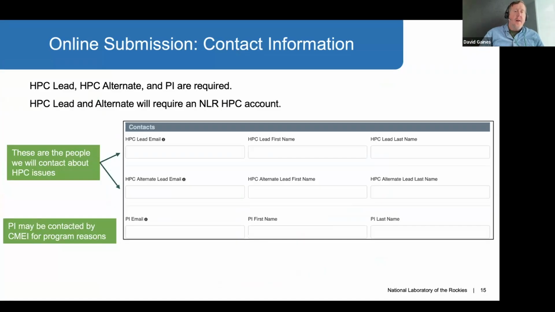The next thing you'll see on the form is the contact information. We really want at least 2 people listed on the allocation, so that we have some type of backup. So we state here that lead, alternate, and PI are required. In some instance where maybe I was the PI, I could also be the lead, but I would need someone else listed for the alternate position. So we want at least 2 people listed on these